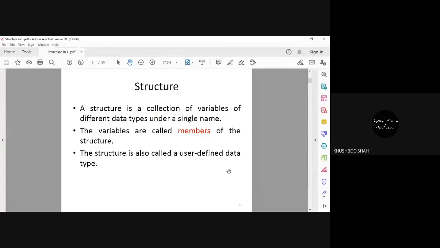So we have name, roll number, marks, gender, and all are different variables with different data types. So can I say it's a collection of variables of different data types under a single name? Yes, ma'am. Okay. Just a minute, guys.